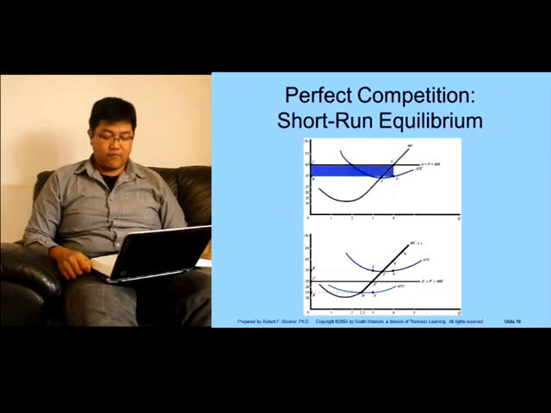Short-run analysis of a perfectly competitive firm. With D, the best level of output is 4 units and is shown in the top panel by point E, at which P equals MR equals MC, and the firm earns a profit of EA equal to $10 per unit, and EABC is equal to $40 in total.